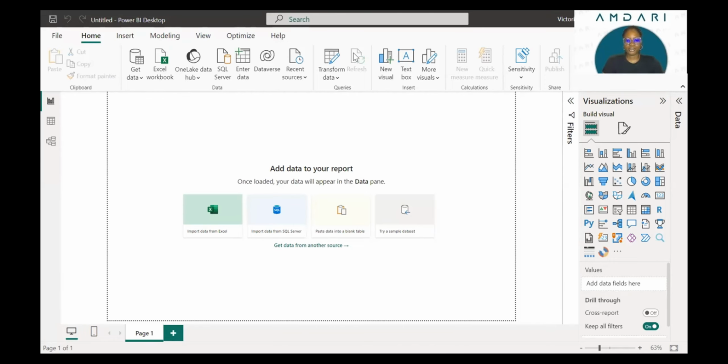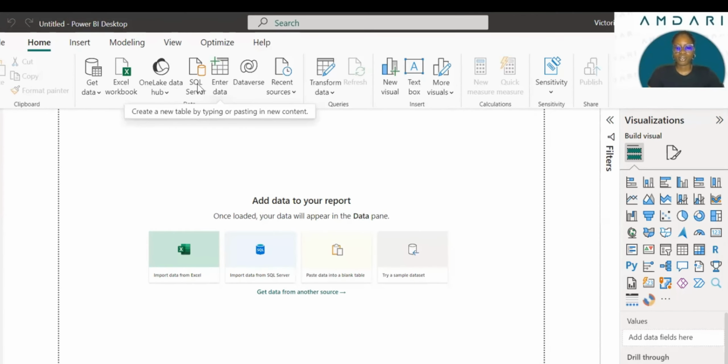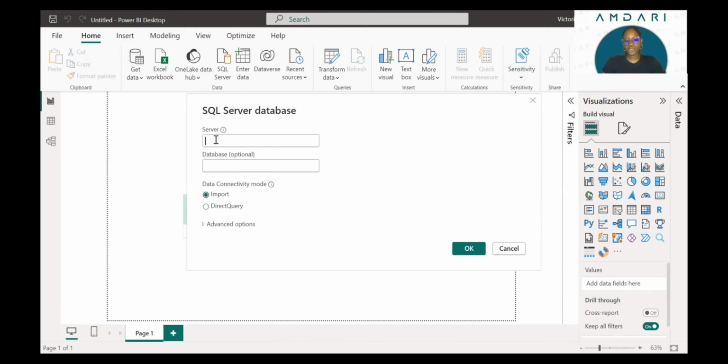In this video, I will be showing you how to import your data from SQL Server into Power BI Desktop. To import your data, first we need to open a new Power BI window. So you open a new Power BI workbook and at the top of your screen here, you select SQL Server. So here, you need to provide the name of your server as well as the name of your database. The name of your database is optional, but you have to provide your server name to be able to connect